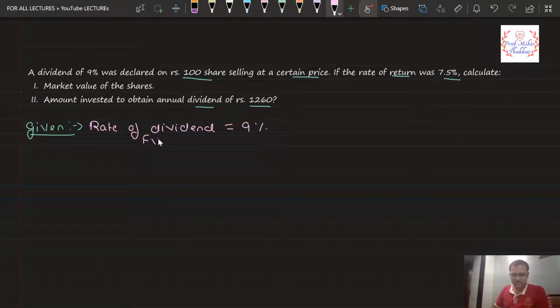So it means that face value per share is rupees 100. Now, I can get the next part, which is the rate of return,